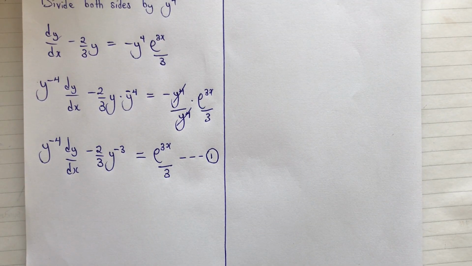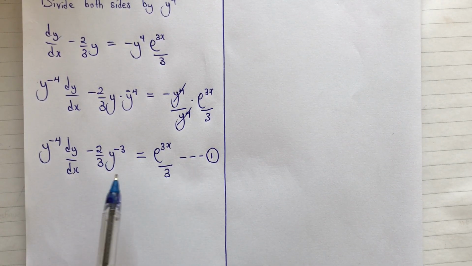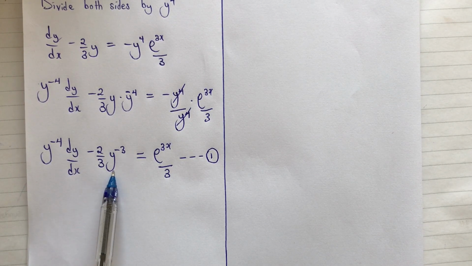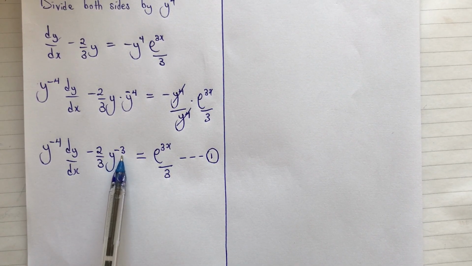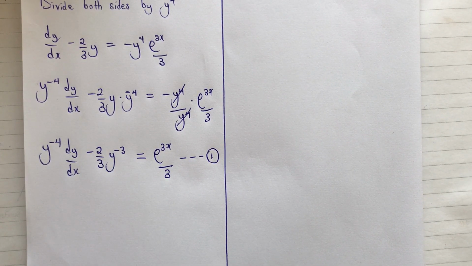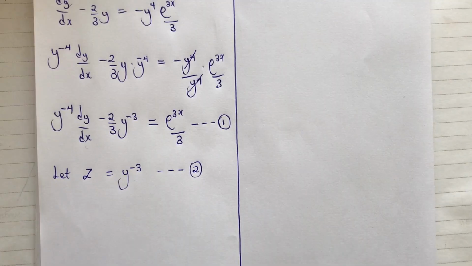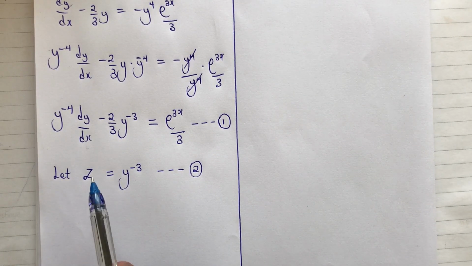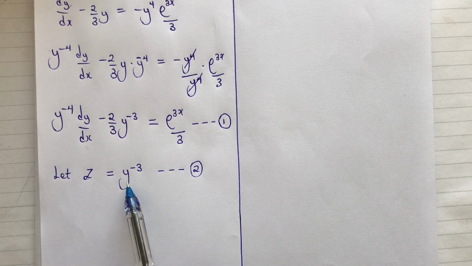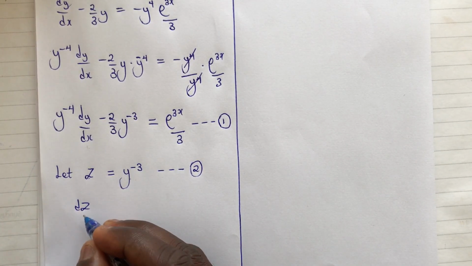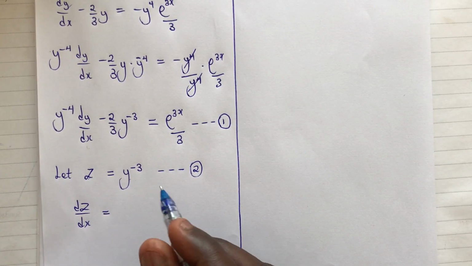Now, from the introduction, we learned that when you get to equation 1, consider the left-hand side of the equation and consider the variable y. Now, we have here y to exponent minus 3. Substitute this to be equal to z. So here you say that let z be equal to y to power minus 3. Let's label this equation 2. Now, your next step is differentiate z with respect to x and differentiate the function y with respect to x. Listen very carefully. So when I differentiate z, I am having dz/dx equal to, now let me differentiate